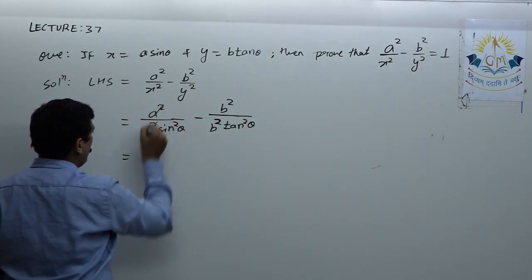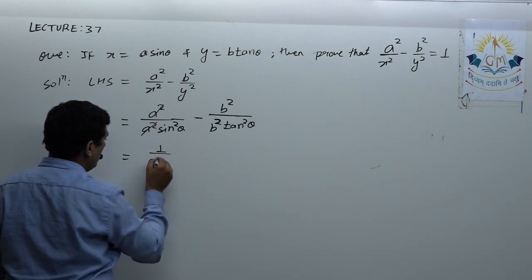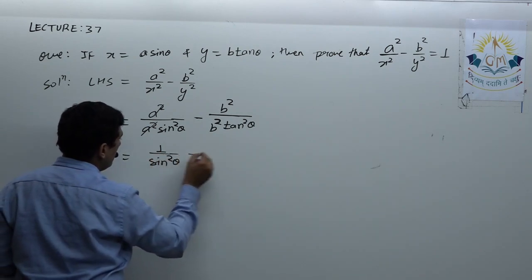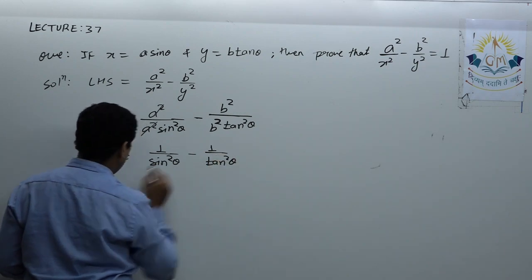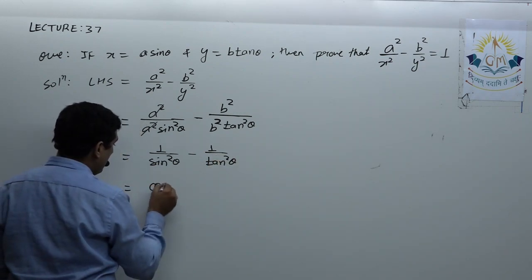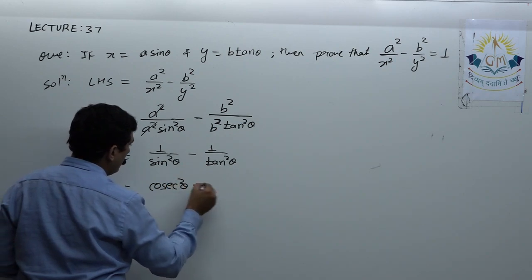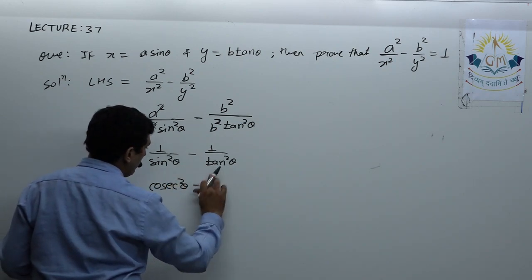So here a square cancel, 1 upon sine square theta minus 1 upon tan square theta. So here I will get cosec square theta minus cot square,